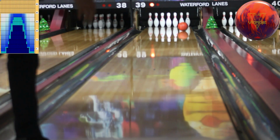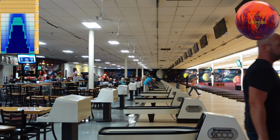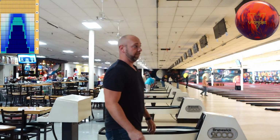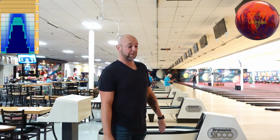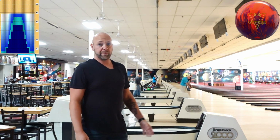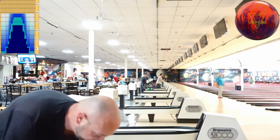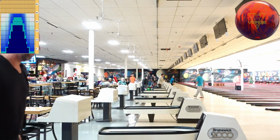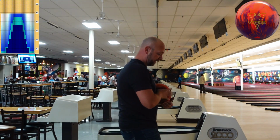Will it hook? Yeah, real smooth. So again, like I said, this is going to be a ball that you're either going to slow hook really slow and rip your hand around the side of it, or you're going to be playing straighter with it. At least with this layout, you might be able to get more out of it with a stronger layout, but with this one right here,